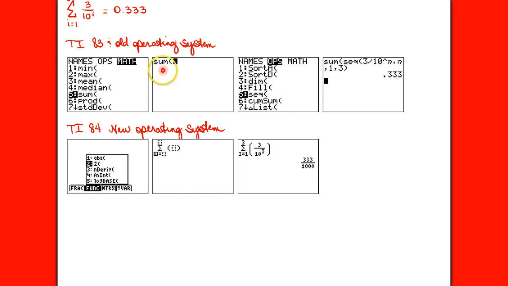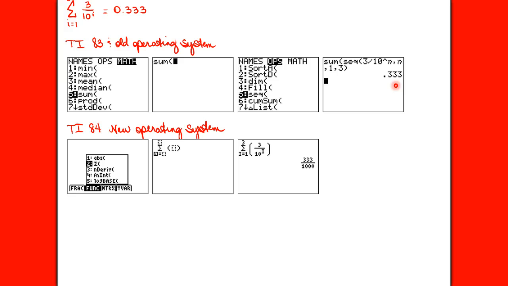So you'll put that on your main screen, and then you'll go back to second stat, which again is list, but this time go over to operations and scroll down to sequence. So you can tell it, take the sum of the sequence, give it the equation, comma, your comma is right above your 7, right beside your parentheses. Tell it the variable you want it to use, which again would be n, comma, the lower limit of summation, comma, the upper limit of summation, and it will give you that answer. I think I might have been able to work it by hand a couple of times by the time I did all of that. If you have an 84 with the new operating system, it is significantly easier,